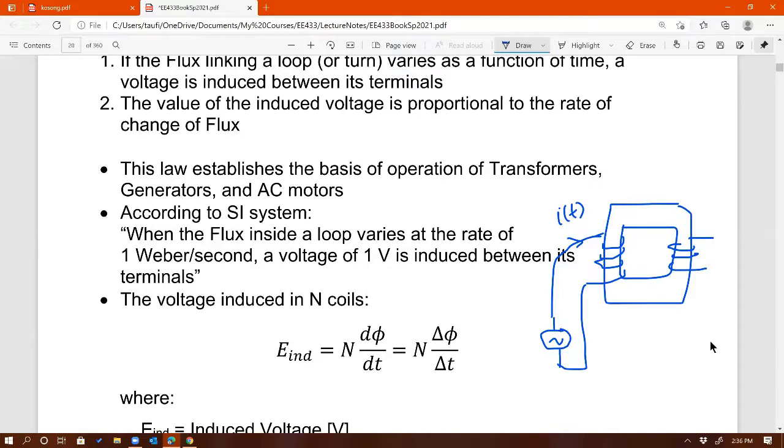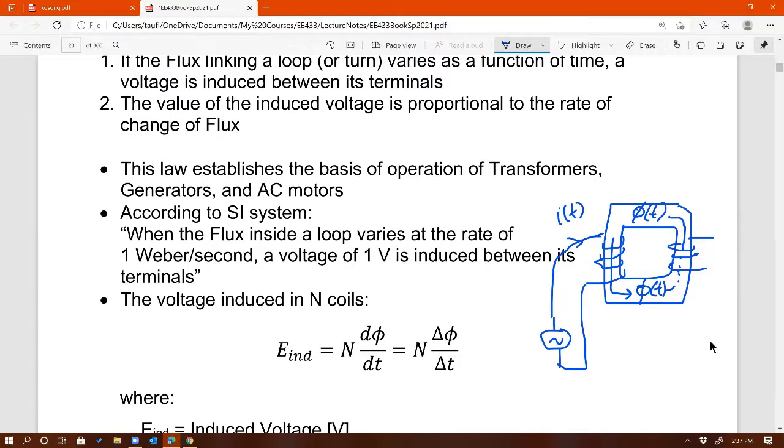Then that current will create flux, producing flux inside this core. And that flux passes through the second winding. That flux will also vary with time, because the current varies with time. Therefore, the flux being produced in the core will also vary with time, and that time-varying flux passes through the inside of the second coil. So that's this Faraday's